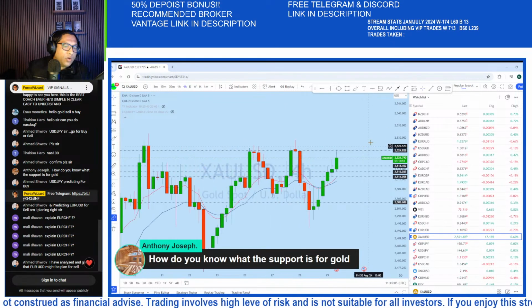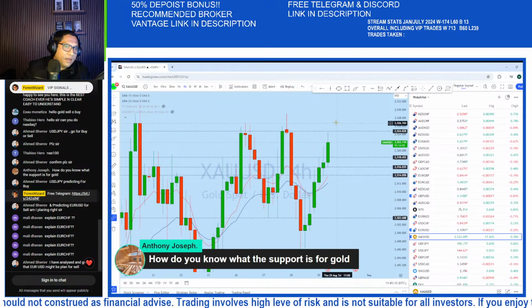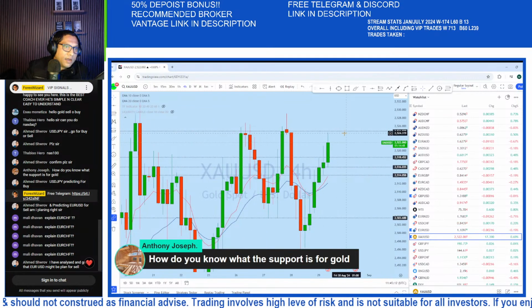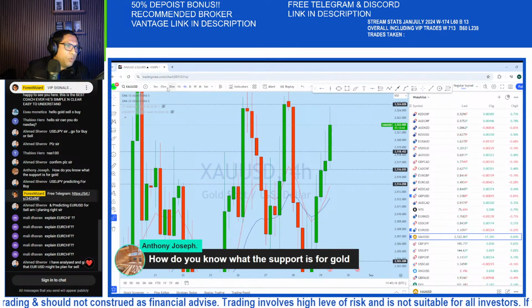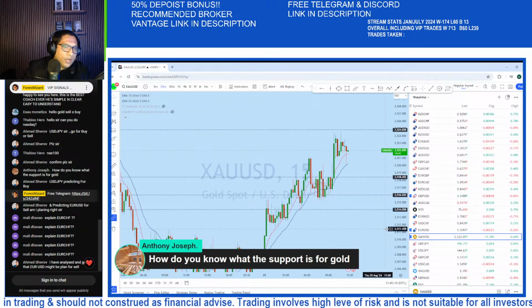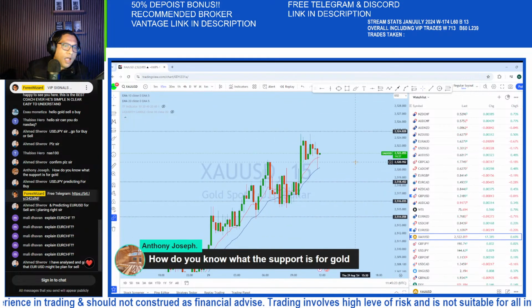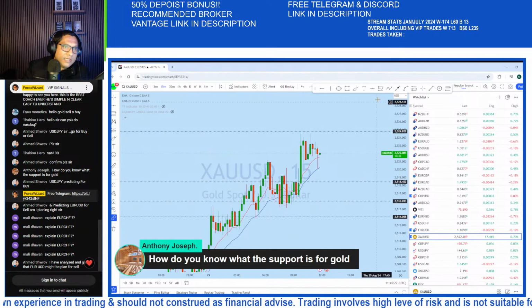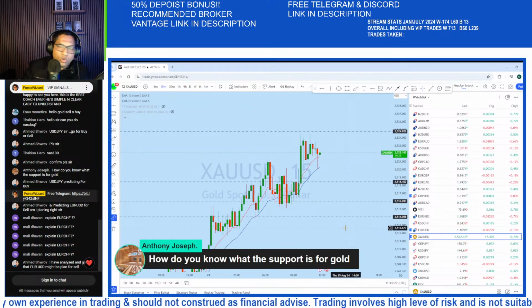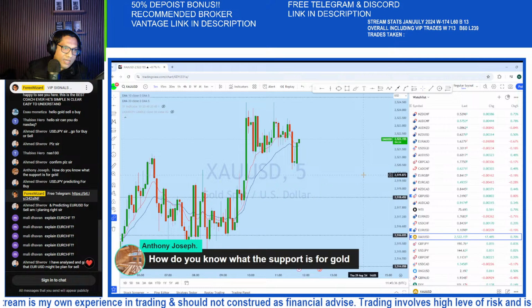So if you look at the 4 hour, you can see that this is a lower time frame bullish move. Currently it reached that resistance, expecting a deeper pullback. You can see there's a long wick candle here. I will be very happy to see that gold has broken this support here, the 2516 level is broken, and then bounces back towards the upside. So we'll see how it is heading.